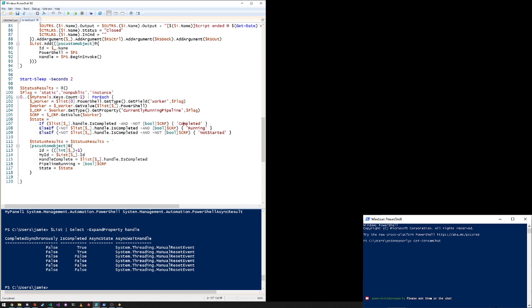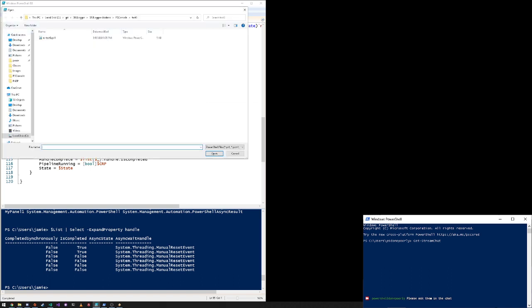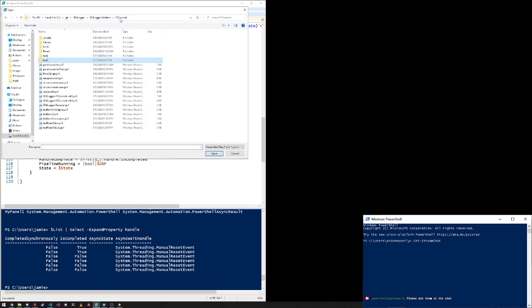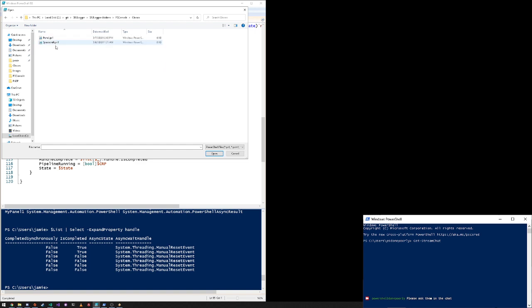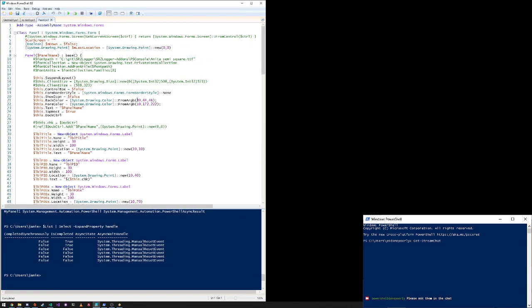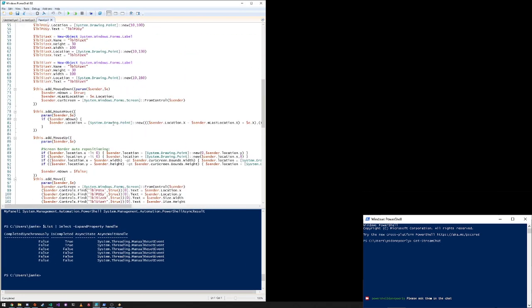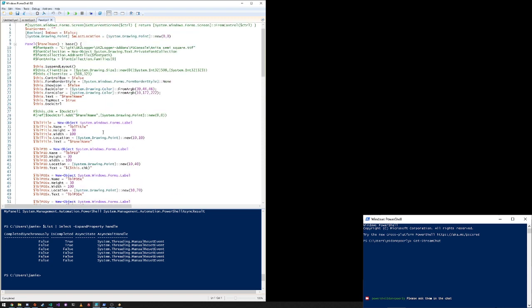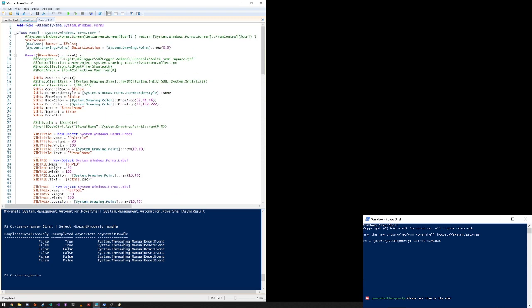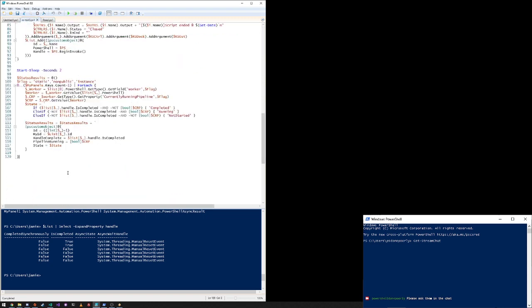All right, so now I think the next thing we wanted to do, or at least I wanted to do, was to try and integrate the class of custom form that we had set up yesterday. Let's see, I believe it's here. So this was the custom class. Let's go ahead and try and load it up. So this $PSScriptRoot slash